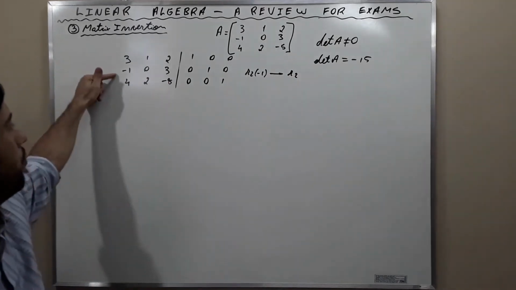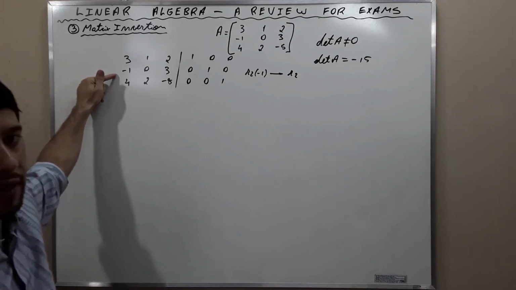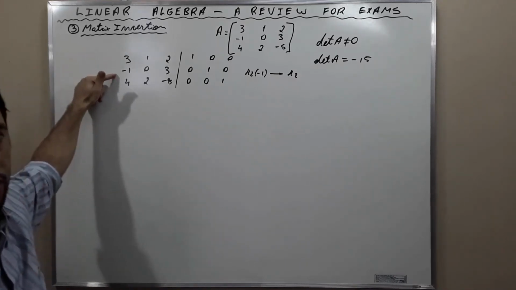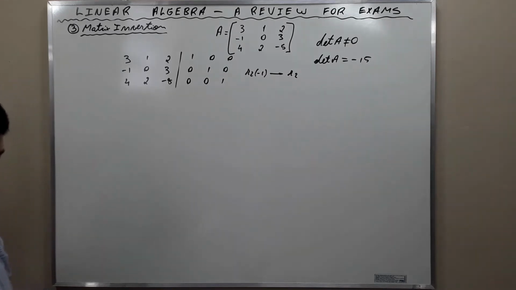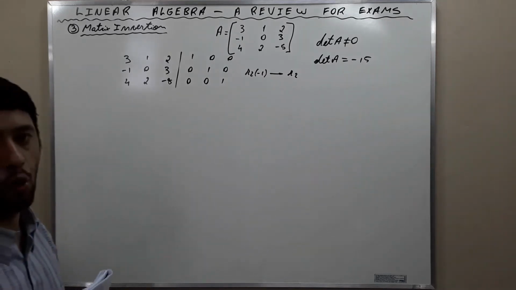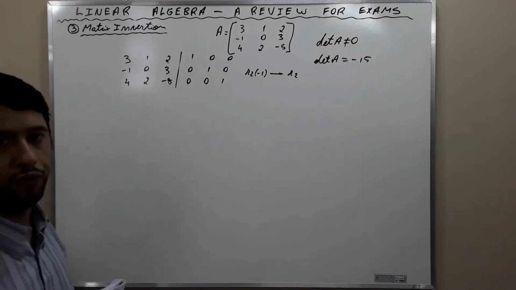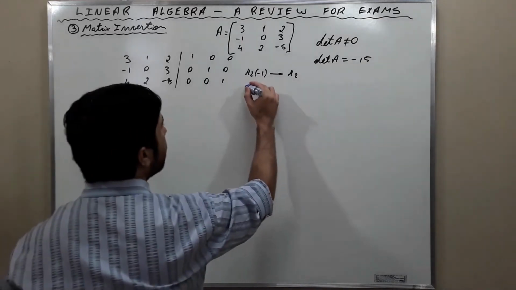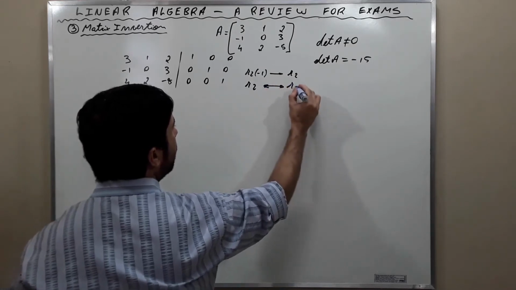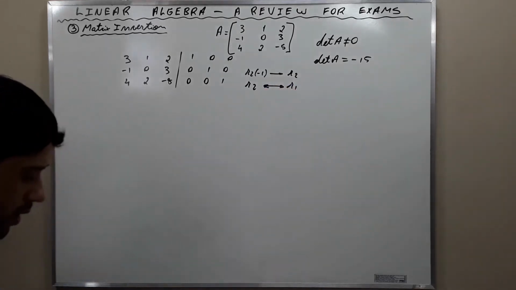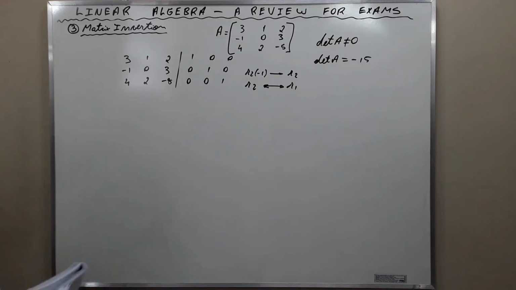We are going to multiply row 2 by negative 1 and substitute it in the place of the old row 2. And subsequently we are going to swap row 2 with row 1. And in this way, the new matrix becomes